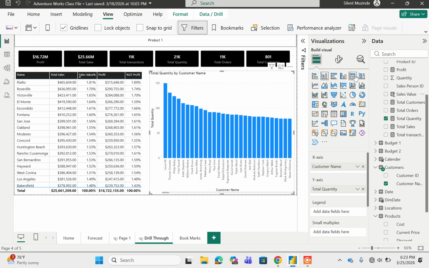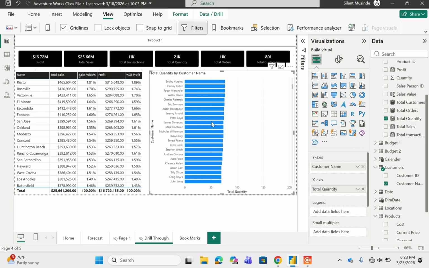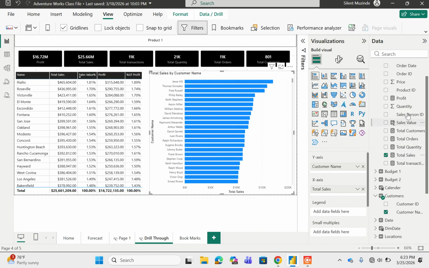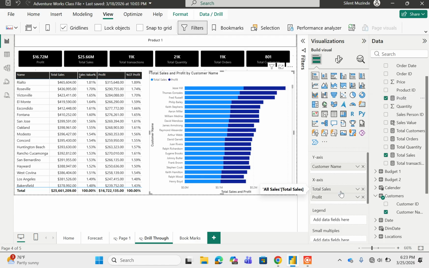Right. Let me do this. Right. This is total quantity. Right. Let me remove this. Let me show total sales. Right. Then we also show total profit. Total sales and profit. Right. By customer. Right. Then here